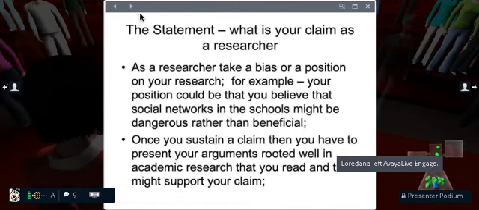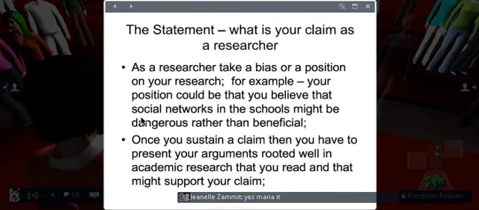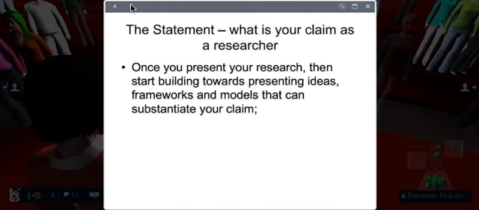So this is what I propose. Once you sustain this claim, you're presenting your arguments and what we call an academic justification. You are supporting your claim, you are supporting your statement.